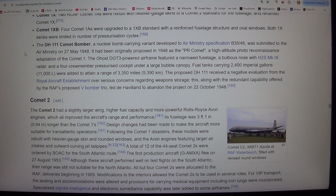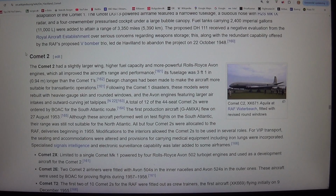A high-altitude photo reconnaissance adaptation of the Comet 1. The Ghost DGT-3 powered airframe featured a narrowed fuselage, a bulbous nose with H2S Mk9 radar, and a 4-crew-member pressurized cockpit under a large bubble canopy. Fuel tanks carrying 2,400 imperial gallons, 11,000 L, were added to attain a range of